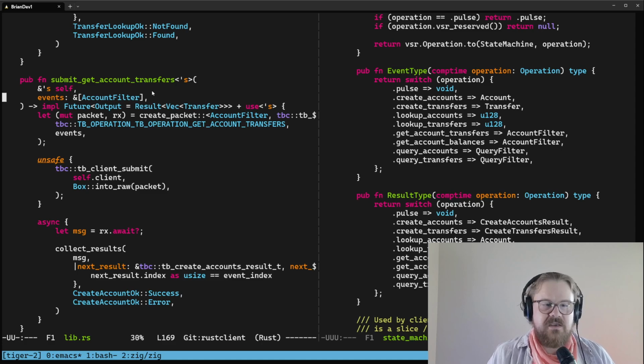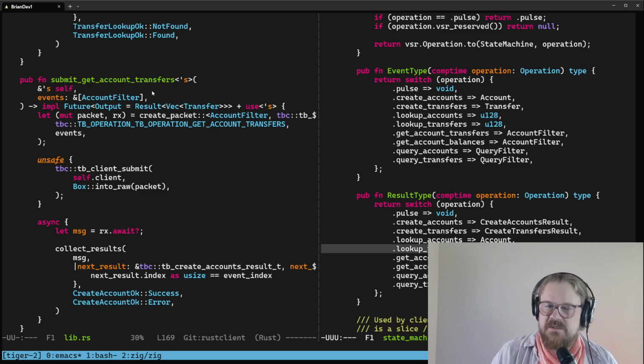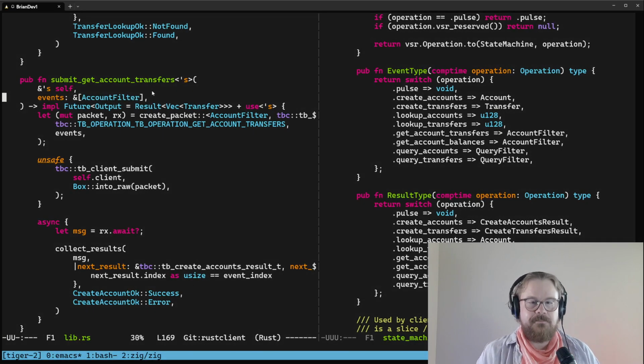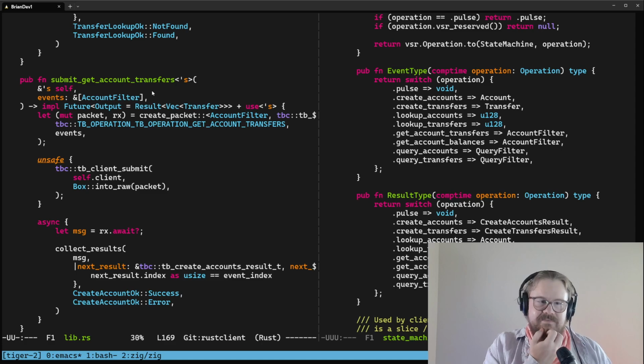We would also have to have a field in the result that says this is the query ID. And I didn't see anything like that. I mean, there is nothing like that in the transfer. If the result is a transfer, then I'm guessing if we submit multiple events, we're going to see a panic in the TB client library. We're going to have to test that hypothesis. And if it's the case here,